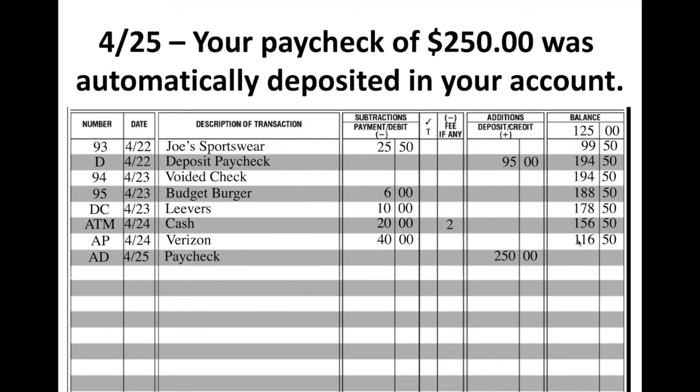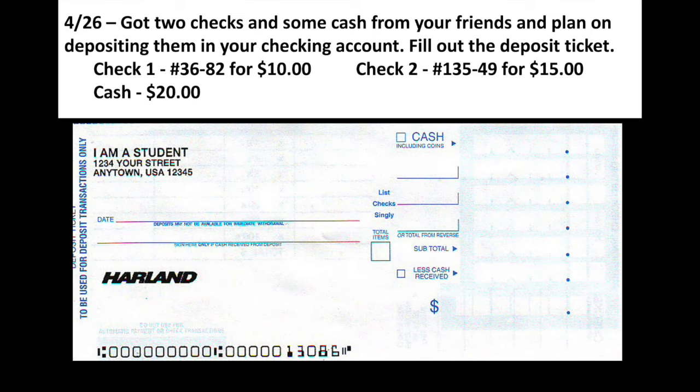Along with that, you'll add it to your balance, $116.50 plus $250. So your new balance that you have in your checking account is $366.50. Next transaction, we got 2 checks and some cash from your friends, and plan on depositing them in their